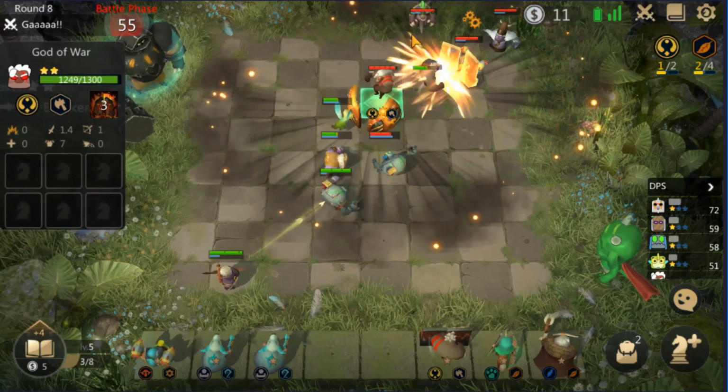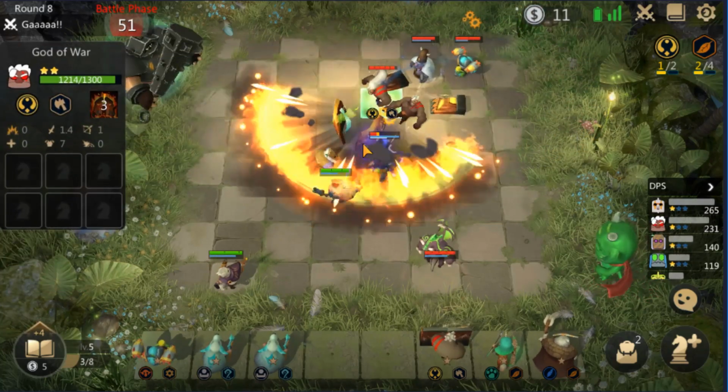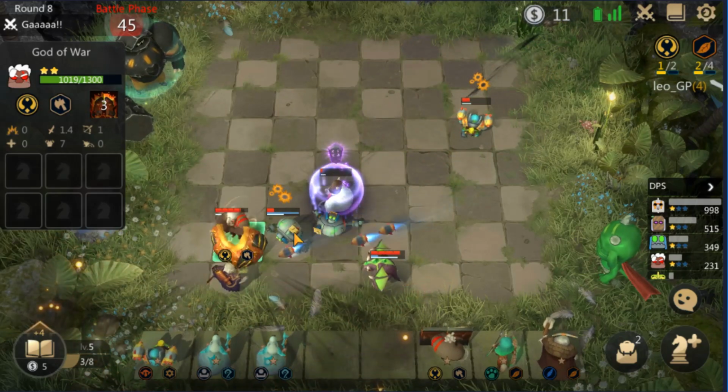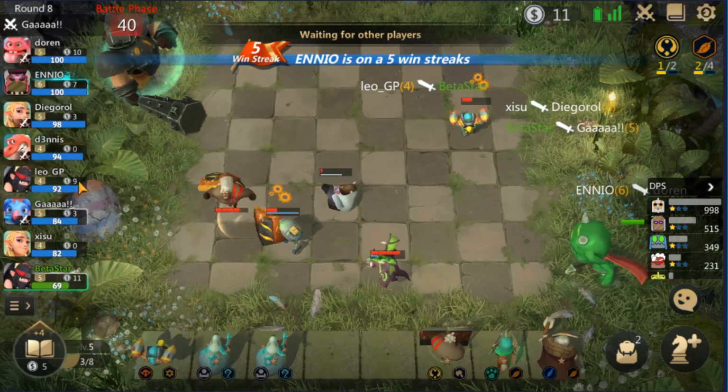Okay, again, this guy's got 2 2-stars with the Venom here and his God of War, so he's definitely going to beat us. But hopefully this Wind Ranger ult kills a couple units, and they're going to dodge and avoid it, aren't they? Yep, that's really unfortunate. Okay, so we really need to